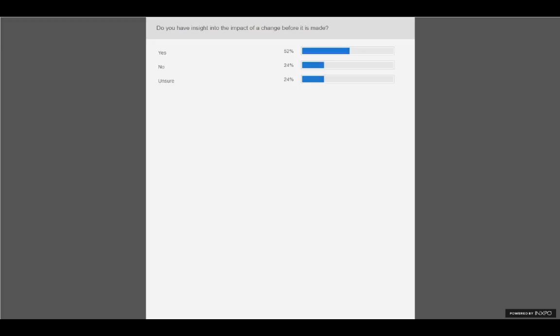However, 25% of you feel that in terms of the actual testing, you want to have more information prior to that. And this is important. The more we move to a DevOps type model, to a fast evolving world where things are dynamically changing, the less time we have to come up with the analysis to understand these things. So we need to find mechanisms and communication ways to achieve understanding